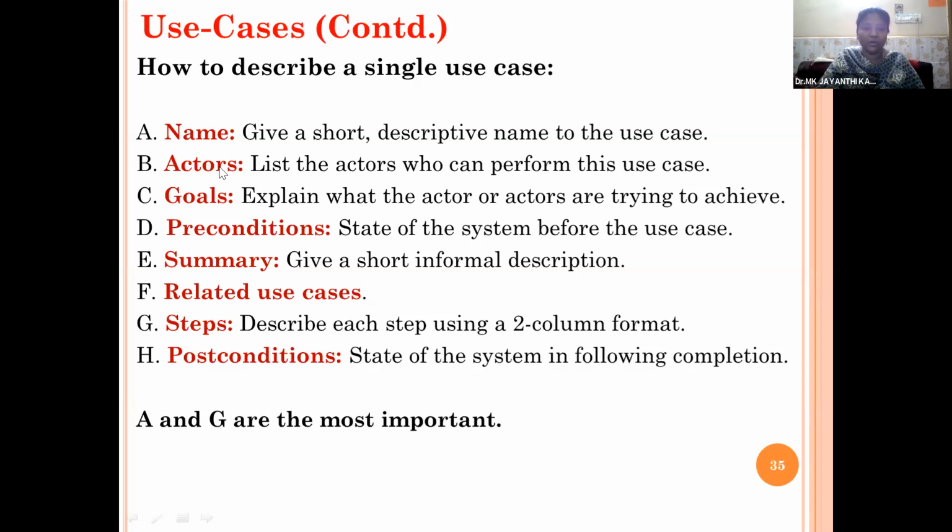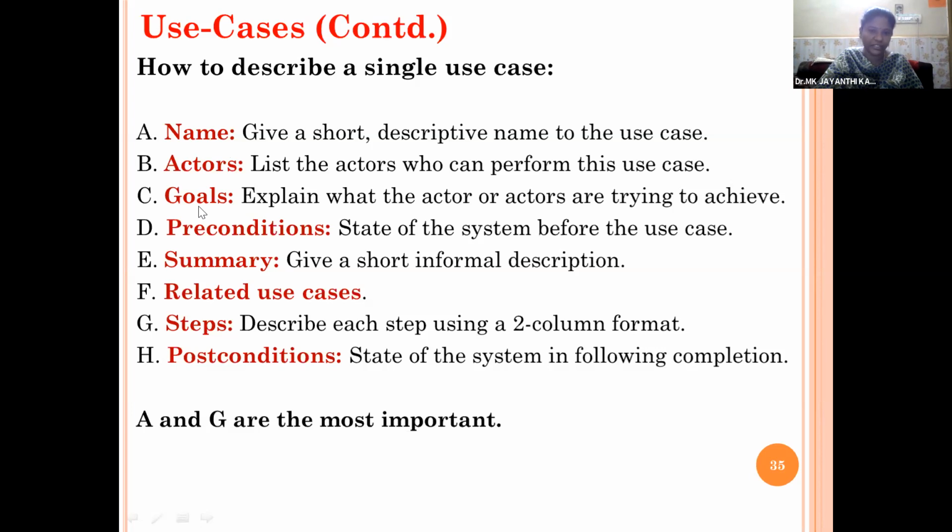Goals explain what the actor or actors are trying to achieve. So the goal is to book the ticket, change the flight ticket traveling date, time and other schedules, cancel the ticket, and do the payment online. So booking tickets online through the website is our design goal.